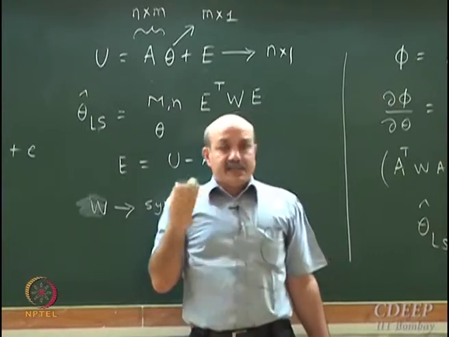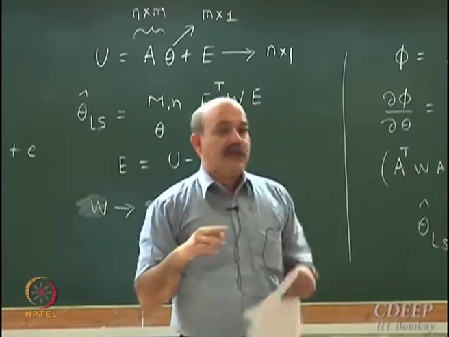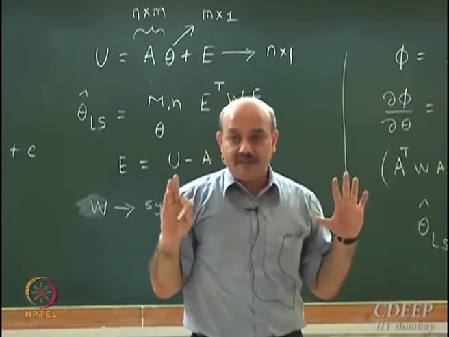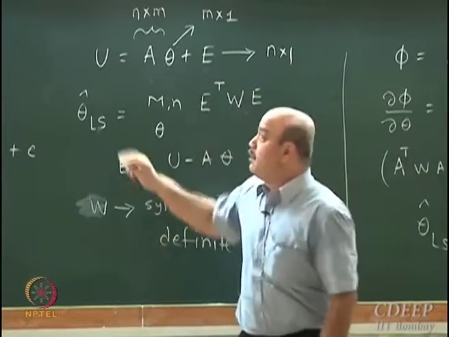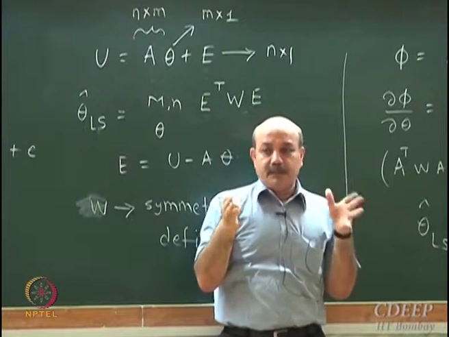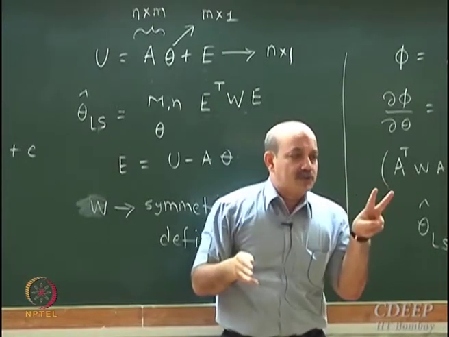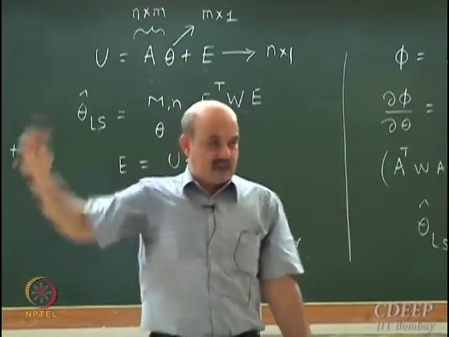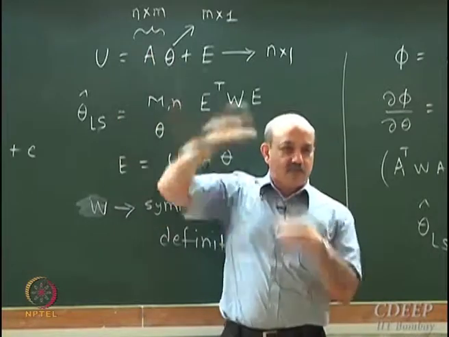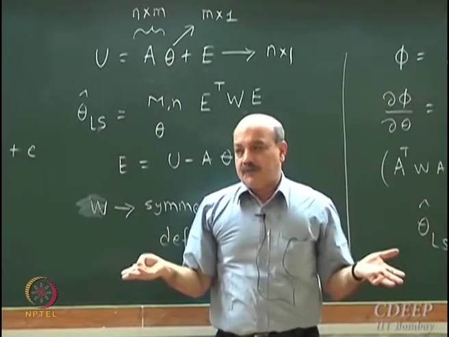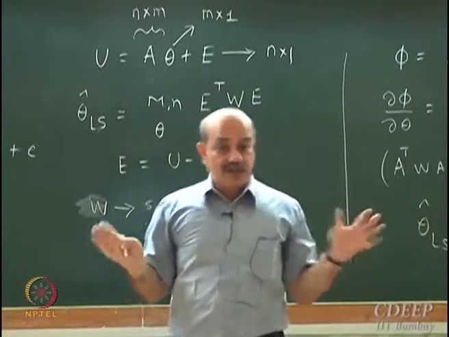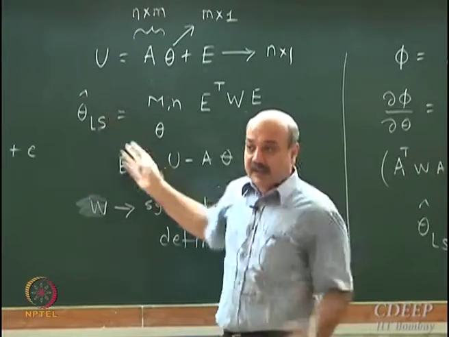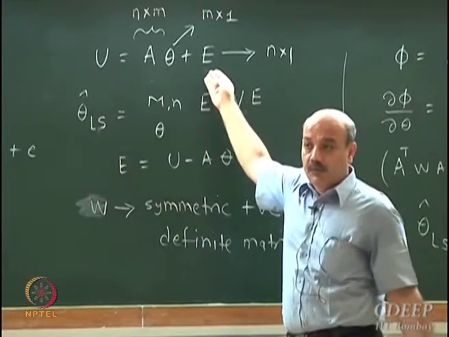Okay, to get an insight into what is happening, let us not work with 100 dimensional spaces. We cannot visualize in 100 dimensional spaces, right? But in 3 dimensions I can visualize. So I am going to create a very simple dummy problem from this: 3 equations in 2 unknowns. It's a representative problem for this equation. What is the main thing? The number of equations is more than the number of unknowns, and you are not able to satisfy all the equations simultaneously. If you were able to, then the error would be 0. But the error is not 0.